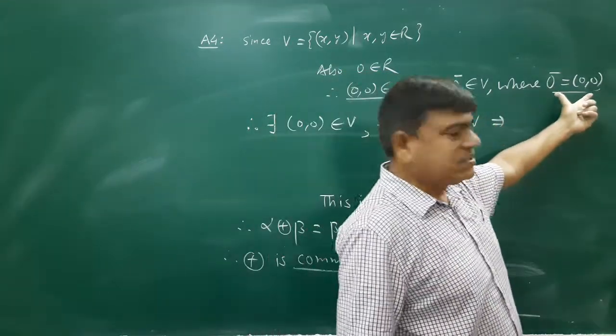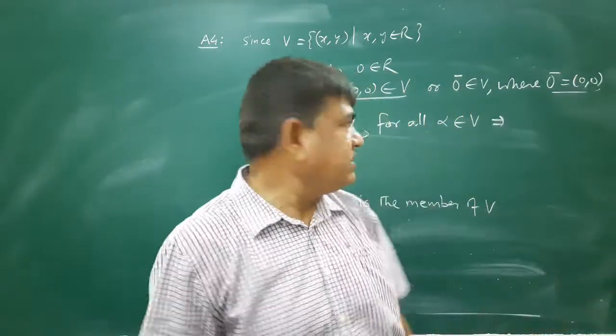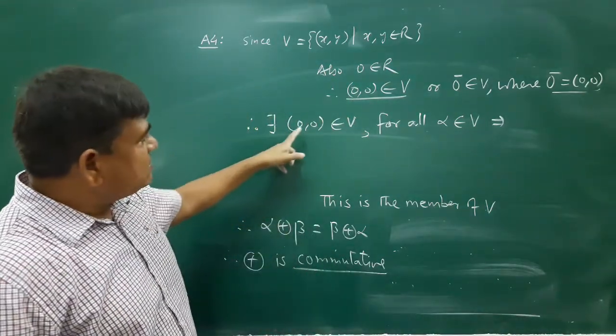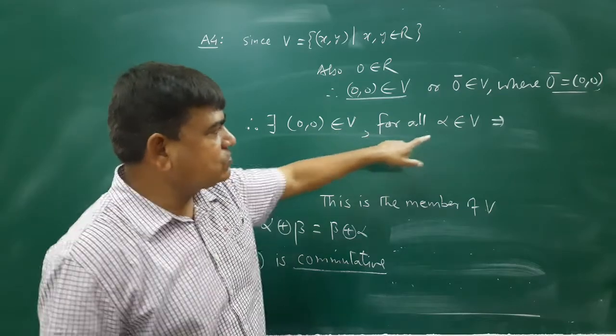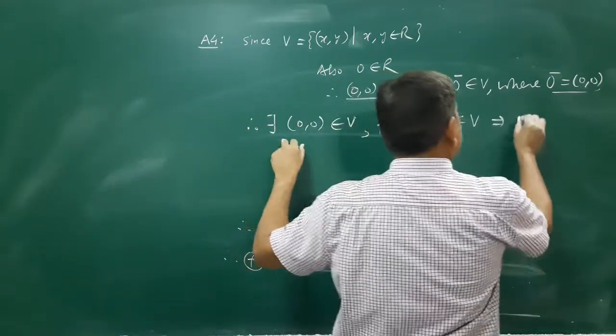This is equal to this. I have put bar, nothing more than it. So there exists 0, 0 belongs to V for all alpha belongs to V implies